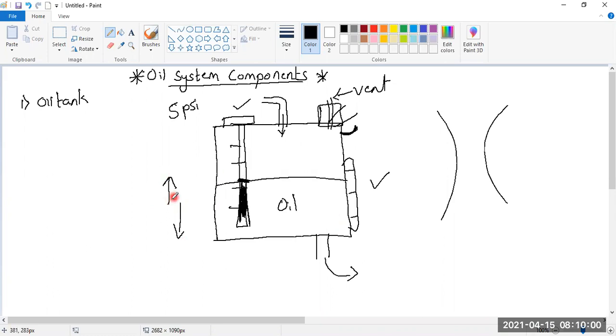That means if there is a high temperature, I should not fill the tank completely. Otherwise, suppose I'm filling the tank till the mouth and the temperature increases. As the temperature increases, oil will start to expand and there is no space for expansion. This will damage the pump. The liquid will expand and it will damage the tank. So both the pressure have to be taken into consideration.